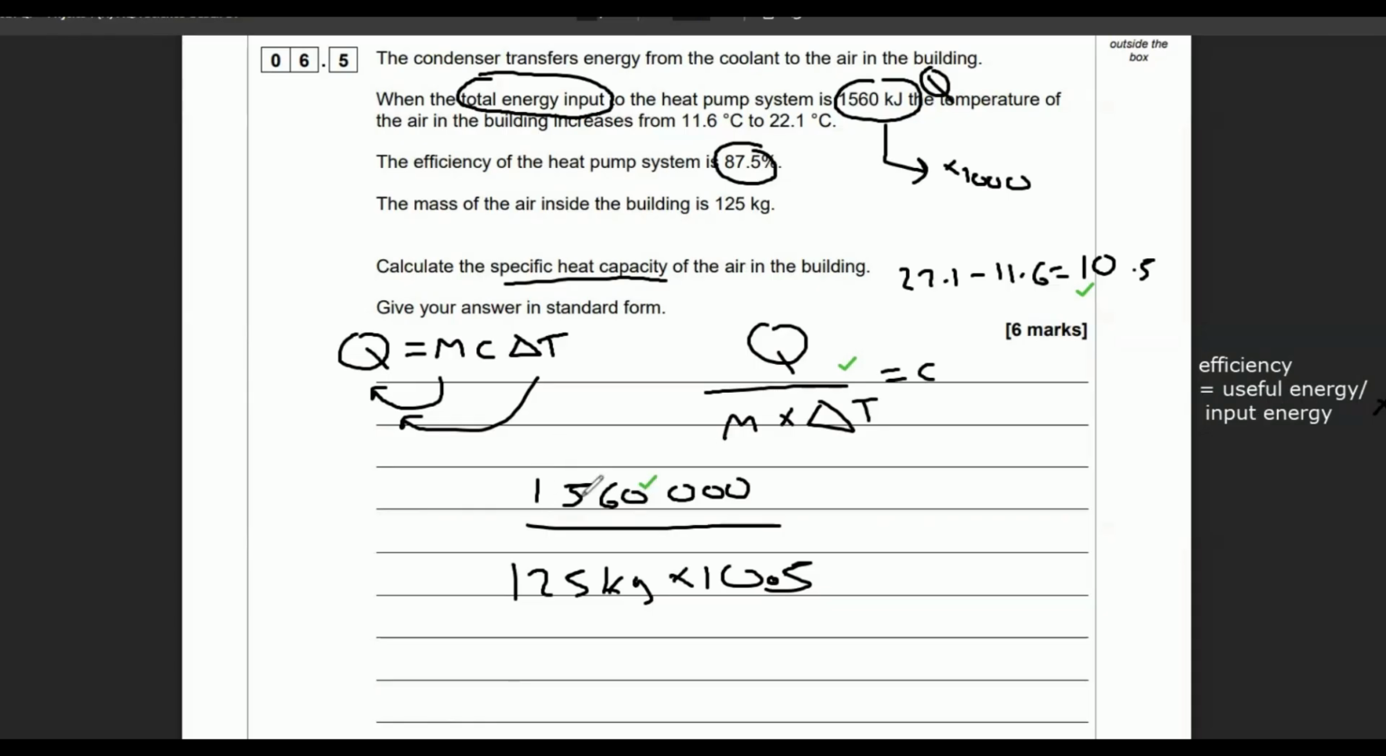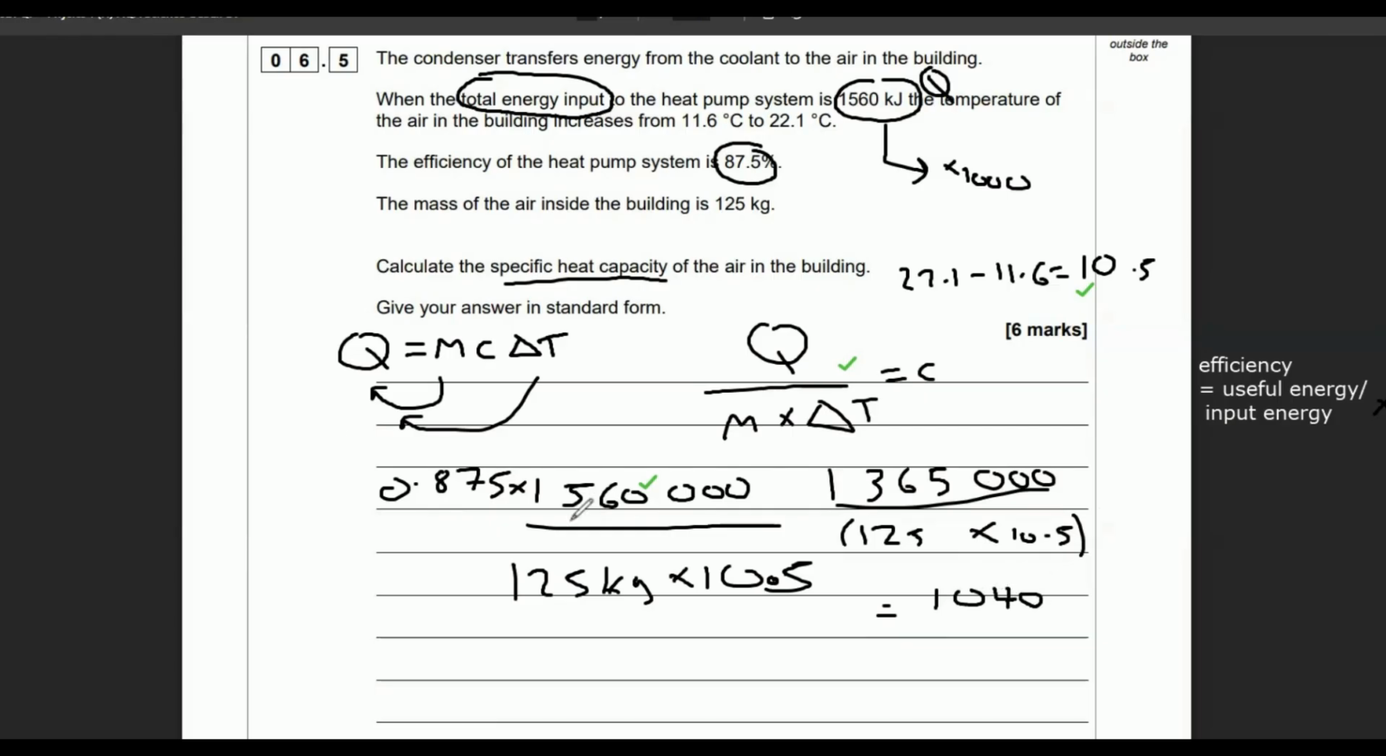So this is the input energy. It says total input energy, which is this. So I need to times that by 0.875, because when you're doing percentages, you use the decimal. So 0.875 times that is going to be 1,365,000. So not quite as much. And we're going to divide that by 125 times 10.5. And if I smash that in the calculator, making sure I put in the brackets, I am going to get